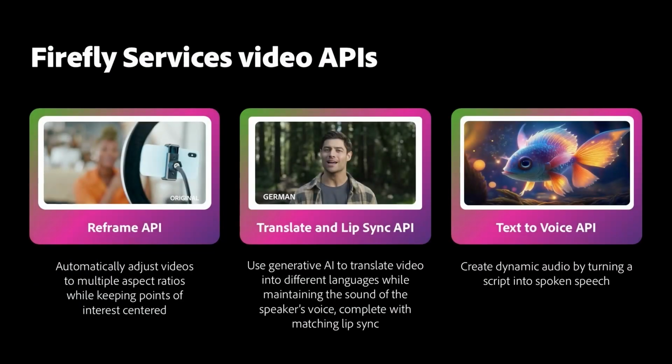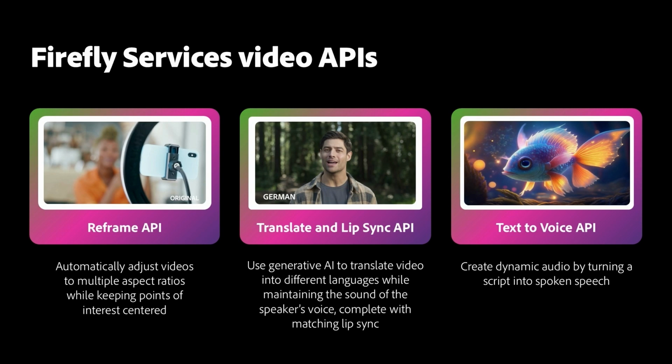because we find that teams are in the creative zone producing this wonderful content, and then they're being asked to produce this content across multiple different shapes and forms and form factors, as well as different languages. So as you mentioned in the opening, we have over 30 APIs today in the Firefly services. And today we're going to focus in on video, because that's my specialty, and specifically video automation, to generate a bunch of variants to scale the content that meets the needs of the marketing department or the distribution. So we're going to talk about three key APIs here.